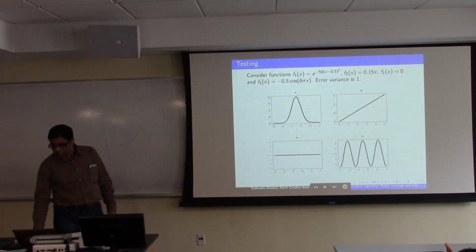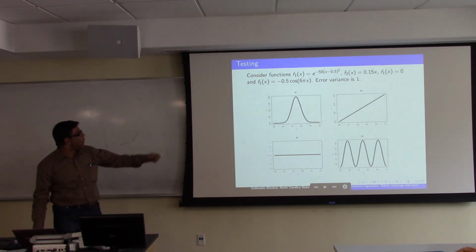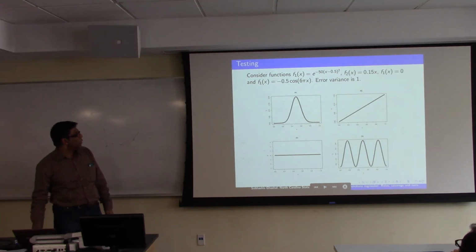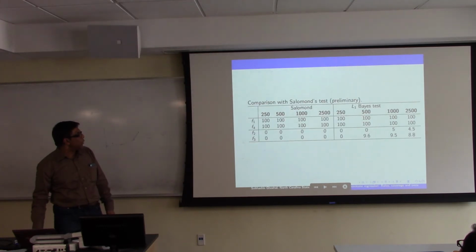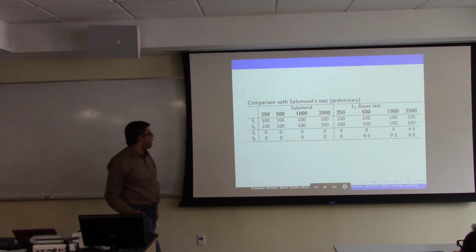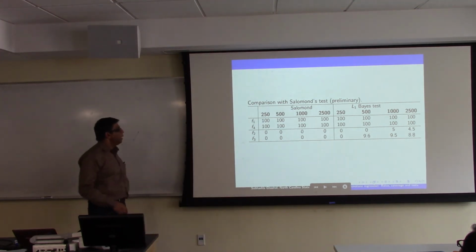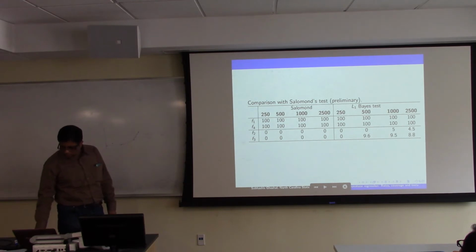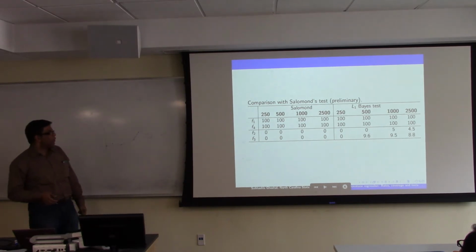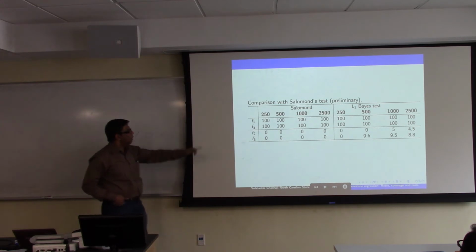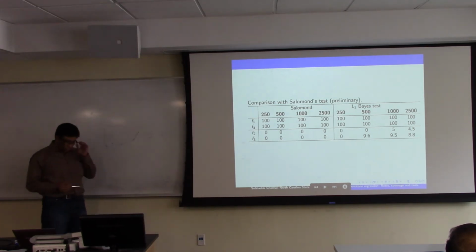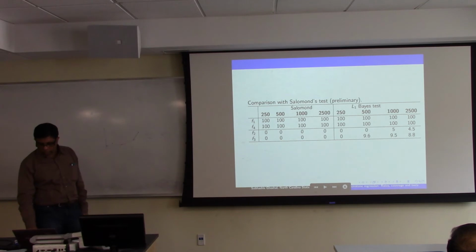For testing, it's a bit preliminary. We considered these functions. Out of that, the middle two are monotone, and the other two are not. The idea is that when it's non-monotone, you want to reject, and when it's monotone, you want to accept. That's more or less happening, but of course there can be some small error, some 5% you are allowing. So it's still a bit preliminary, and I don't want to elaborate exactly on this. We're still working on the testing simulations. So I think that's pretty much all.